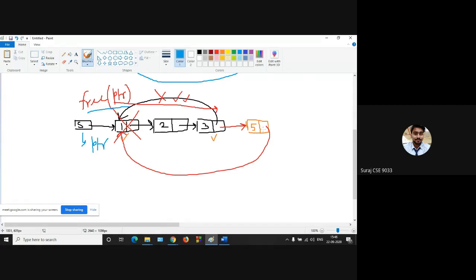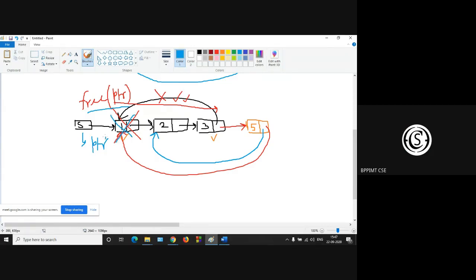Then automatically, when we move in the list, it will start from there. In the info part of the last node, the address part. So basically the next part of the last node is pointing to the second node. Okay. Yes, sir. Okay, then free ptr.